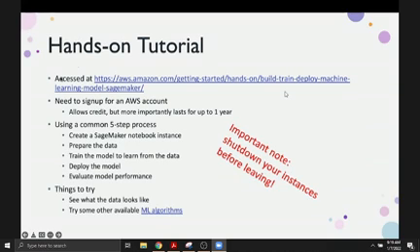So this is the hands-on tutorial, I'm just going to start you off on, but what I want you to do is linked here. The part I want you to do now is to sign up.